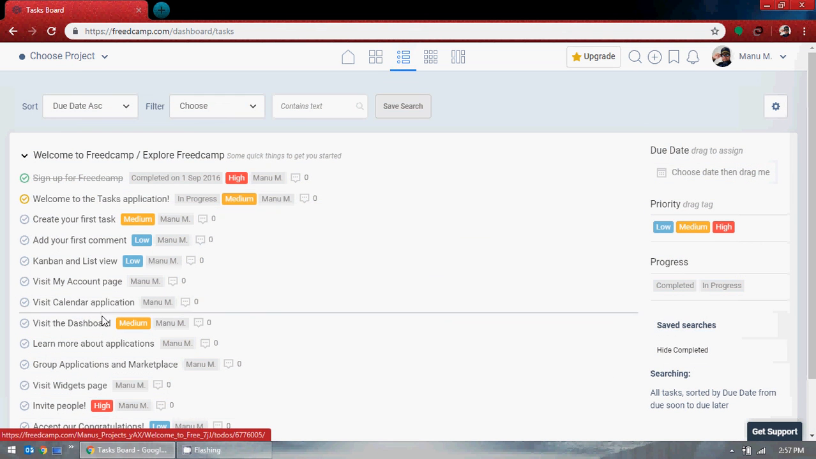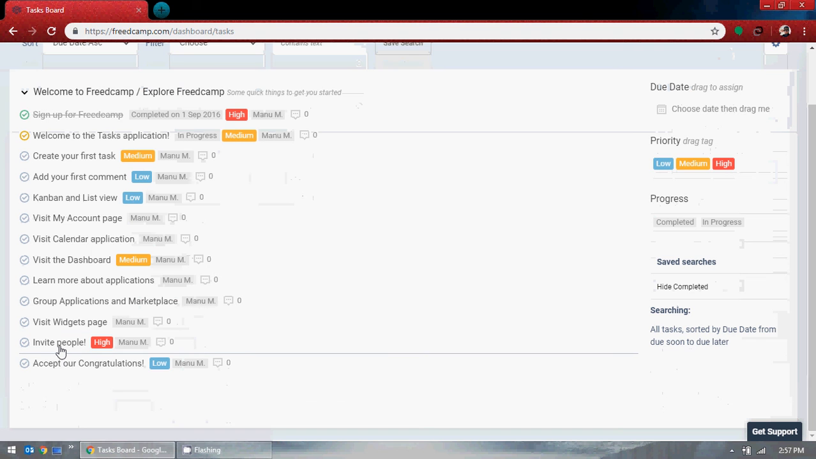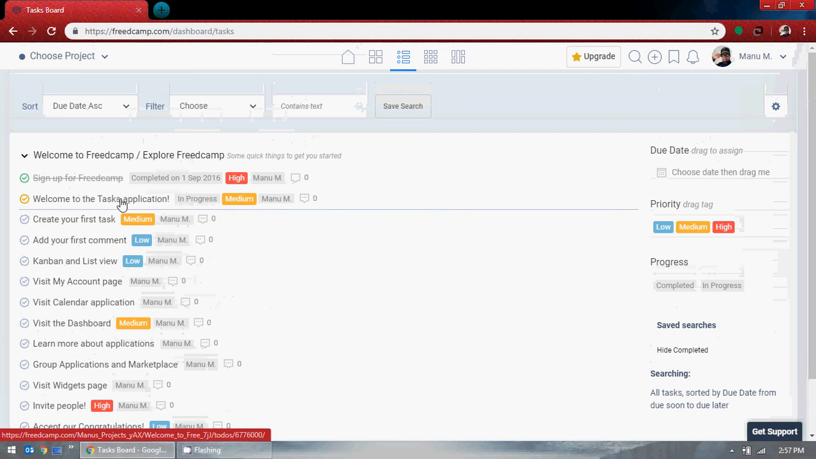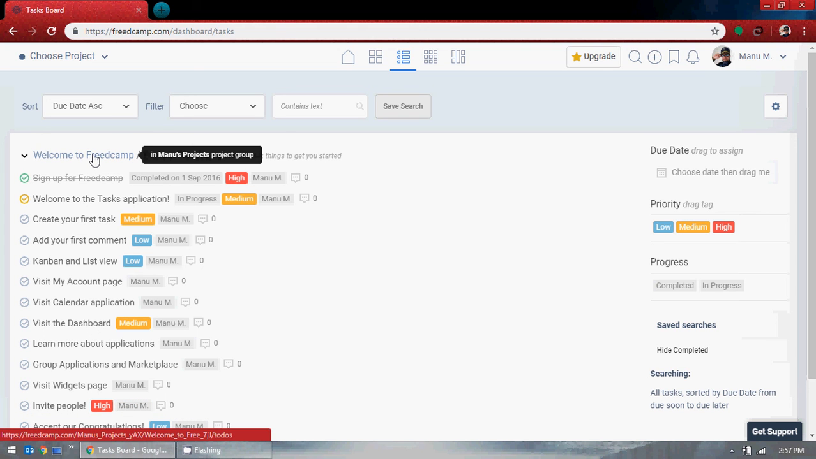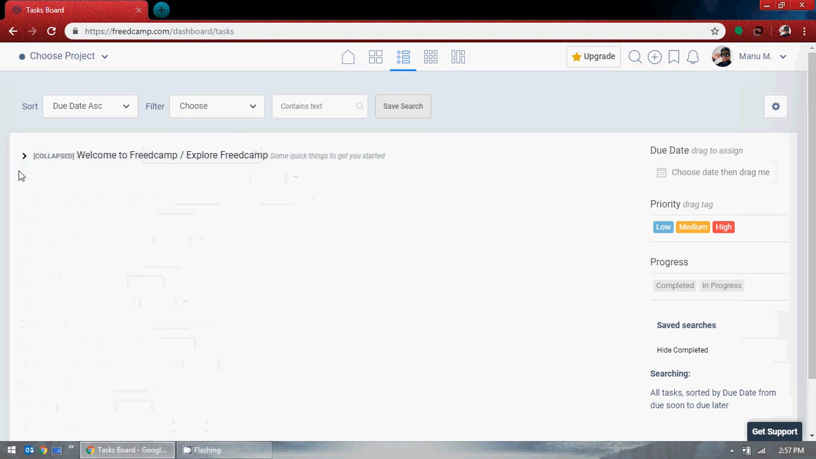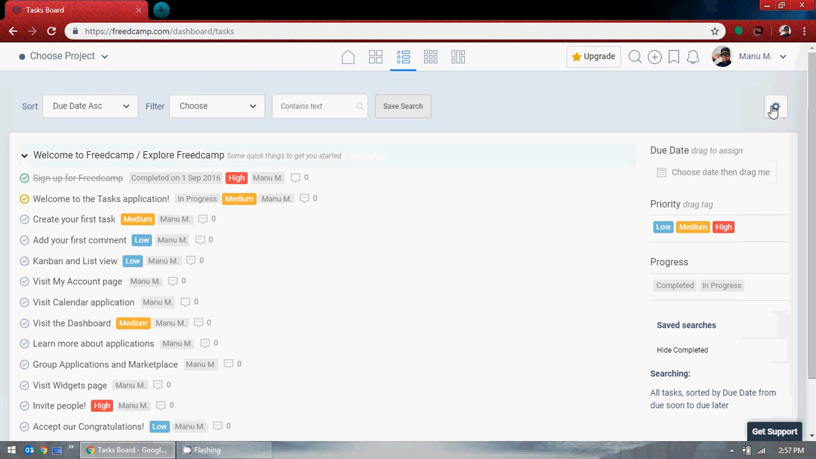I didn't complete all these tasks, although I did. I invited people, a lot of people are there, but this never got completed. Probably I didn't go through it and I didn't do it systematically. So you have to do it systematically. This is given by the Freedcamp company, so they have given you